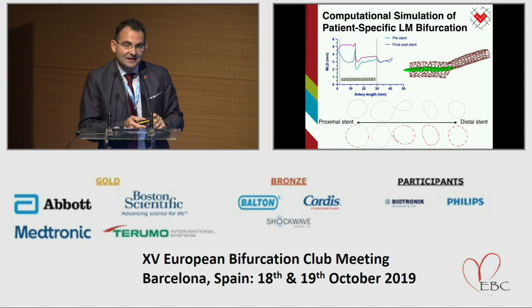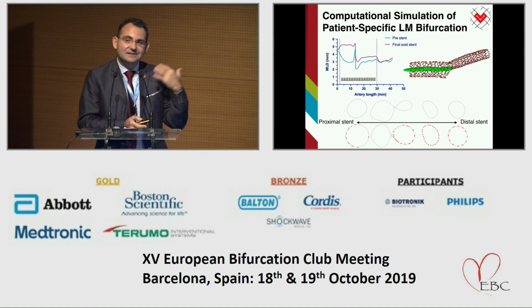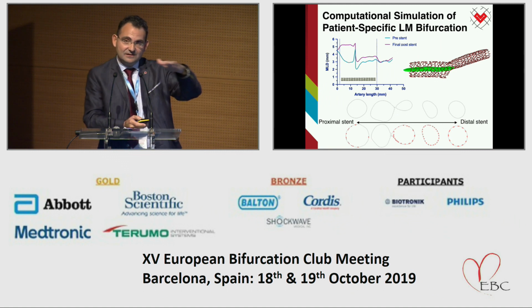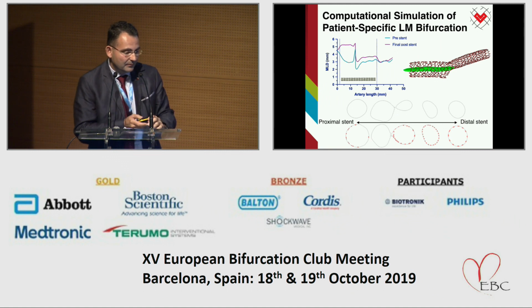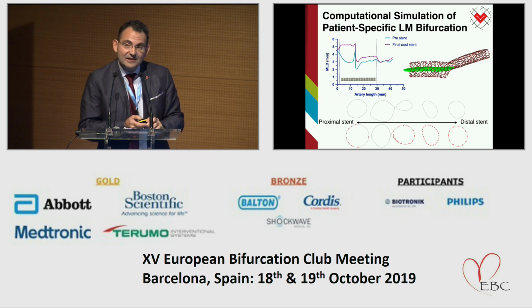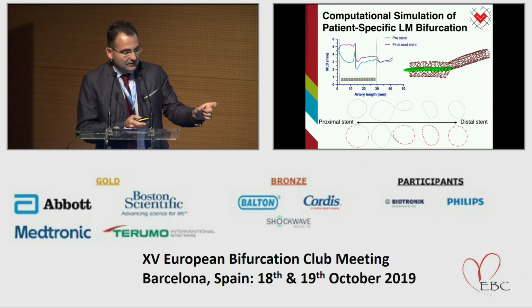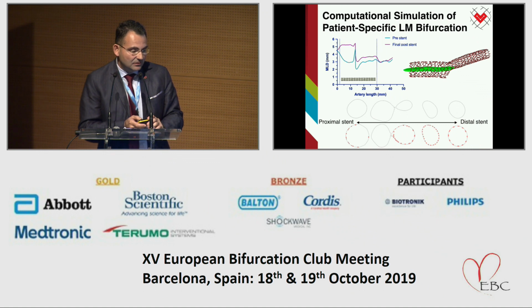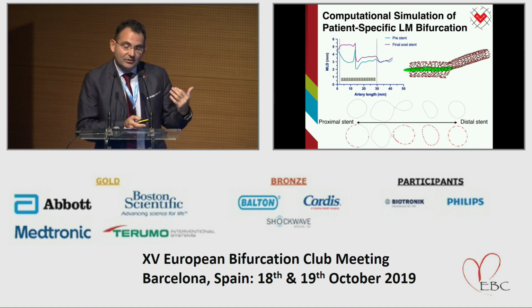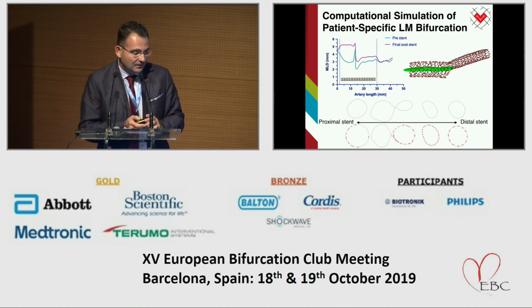So on the vertical axis, the MLD, and with the green is the pre-stent MLD across the entire vessel. With purple, you see the expansion of the stent. The MLD changed up to 3.5 distal to the carina. Carina is this inflection point there. And then very proximally, you see the overexpansion of the Megatron compared to what we had initially and compared to the distal main vessel, compared to the